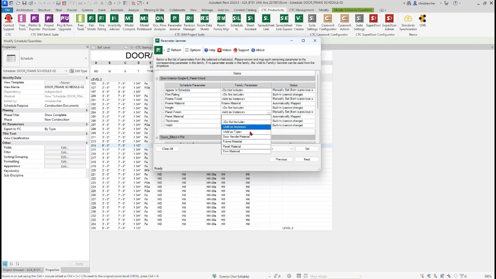I can add it as a type property. I can manually swap it with another parameter found in the family, or not include it at all. I can omit it from the process so that I'm not overloading the family with stuff that isn't necessarily needed for this process. Okay, so what I'm going to do is take the finish properties and add them as instance parameters here,